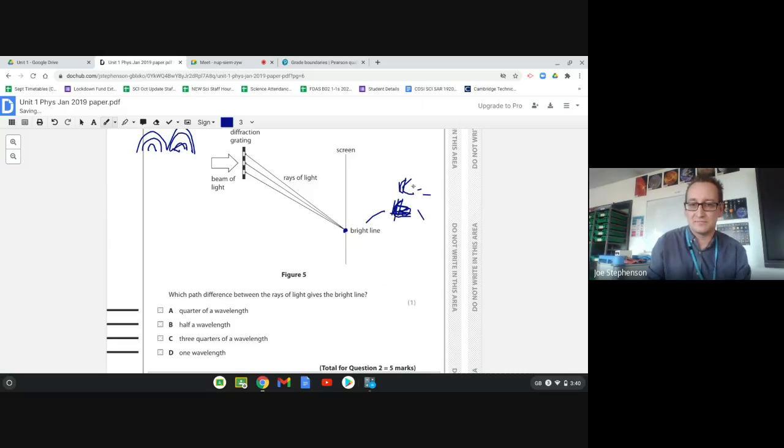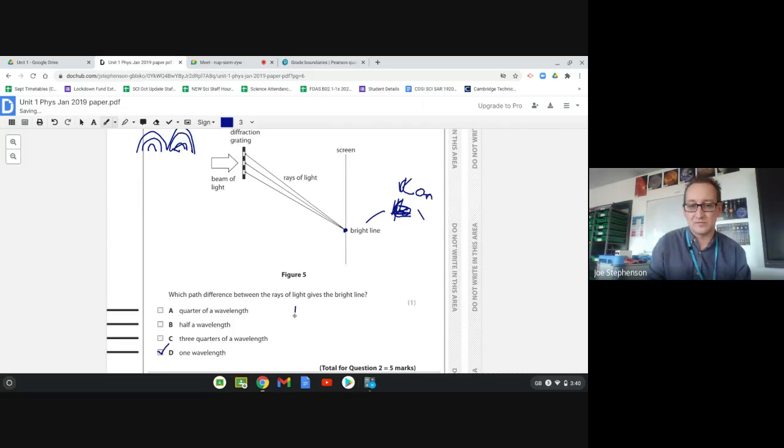Constructive. This is awfully slow. Sorry about that, guys. Okay, so constructive. What that means is that we have to be getting peaks and troughs at the same time. Now, the only way you're ever going to get that in this particular case is if you have one